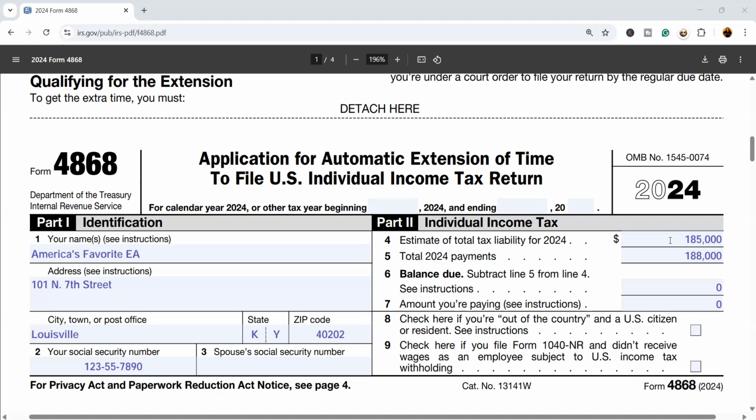So, for an estimate, let's say America's favorite EA thinks their income is very similar to what it was for 2023. America's favorite EA would look at line 16 of the 2023 1040 and see that the tax liability for that year was